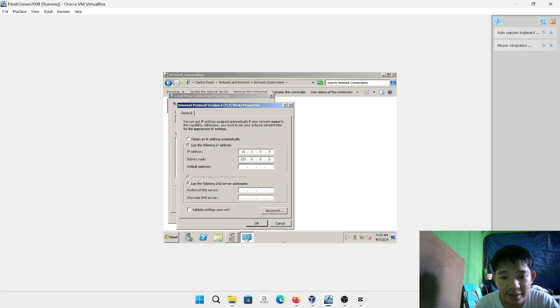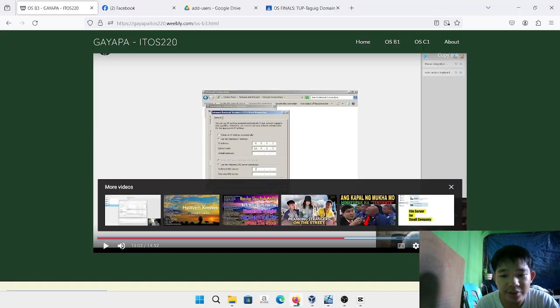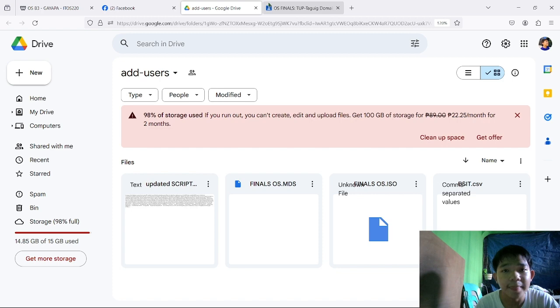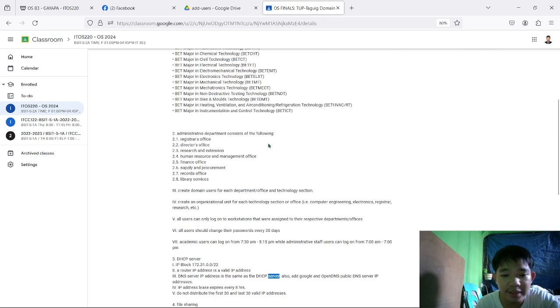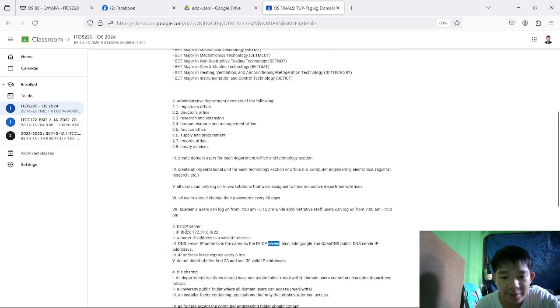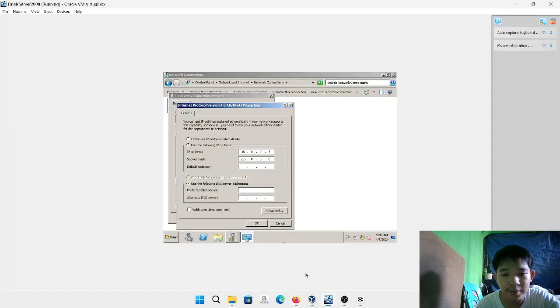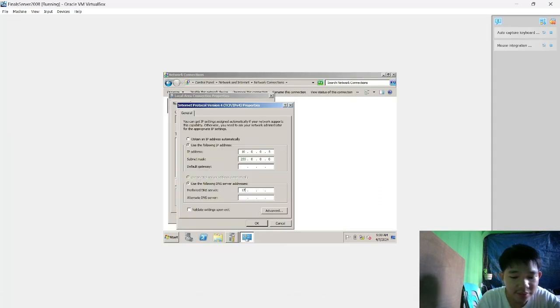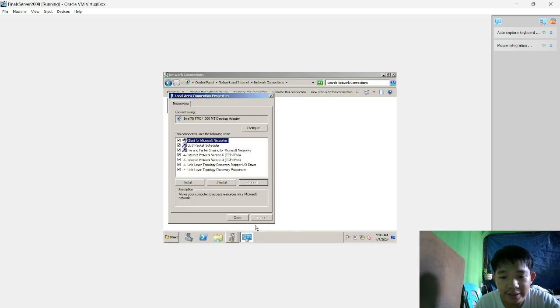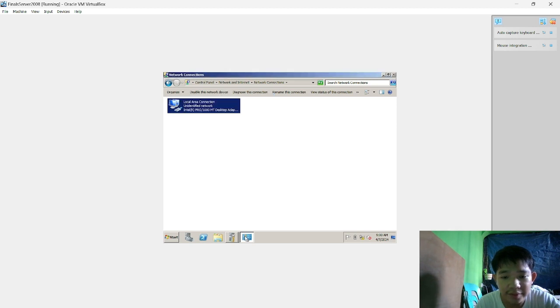For the preferred DNS server, according to our requirements, our DNS server should be the same as our DHCP server. So we can use 172.31.0.0. Then click OK. Then click close. So after that,